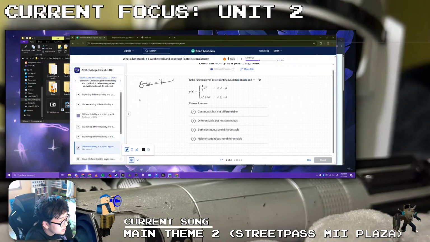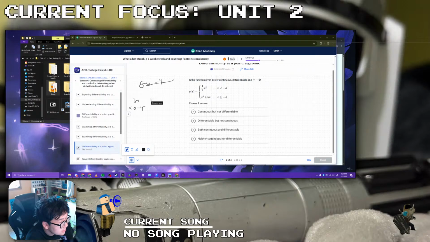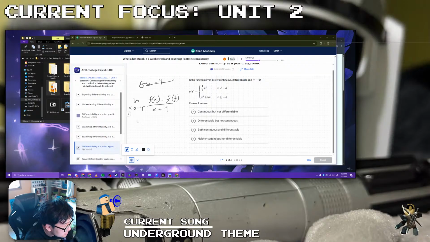Okay, so I did use it, and I just don't know what I'm talking about. So the limit as x approaches -4, because we're checking a specific formula. So in this case it would be f of x minus f of -4, over x plus 4. If we're doing from the left, it would be